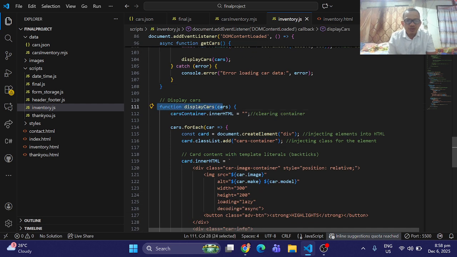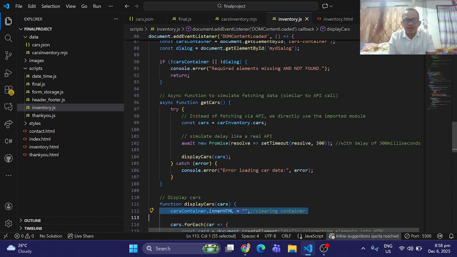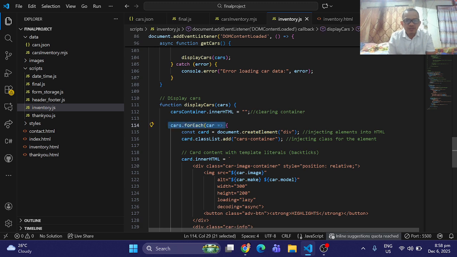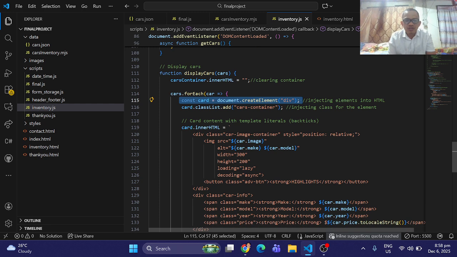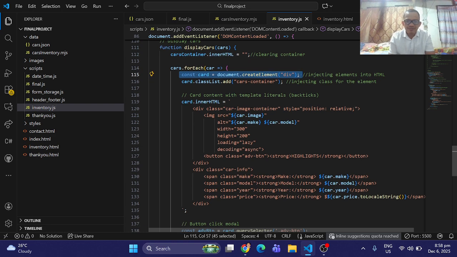Then I have the function display cars, and also this one for clearing the contents in the HTML of the cars container. And then also using the forEach array method, injecting containers and the class of car container into the HTML using the DOM, and then injecting the card with template literals.